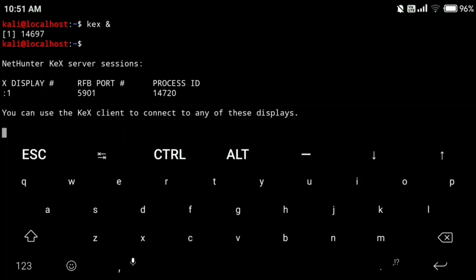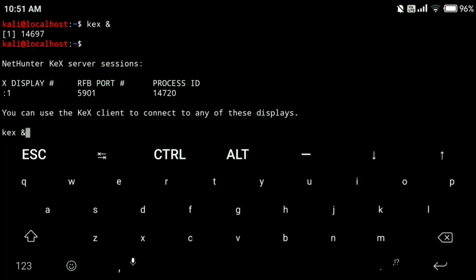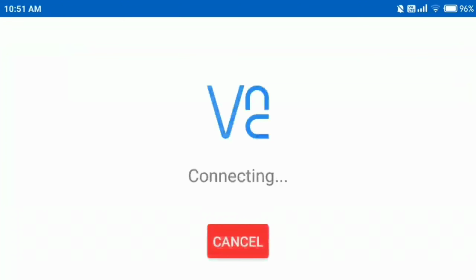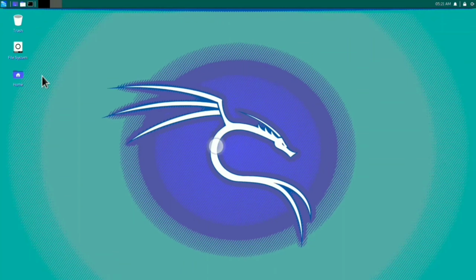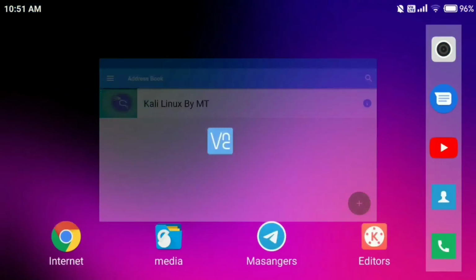And boom, your VNC server is started successfully. You can see our port is ready here. So now you can access your interface here. Okay, you can see now we are not going to face any issues.